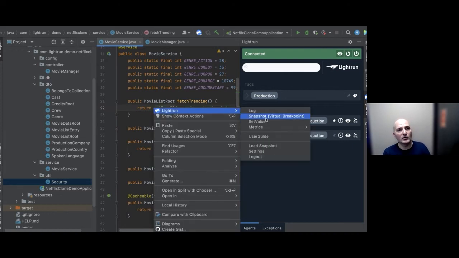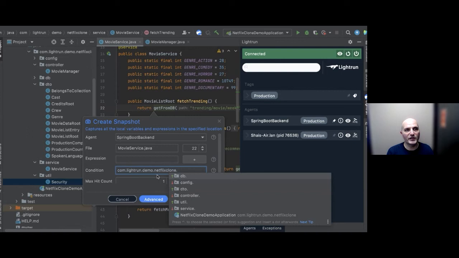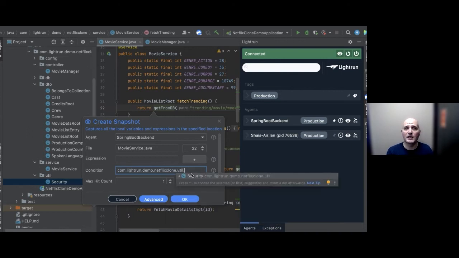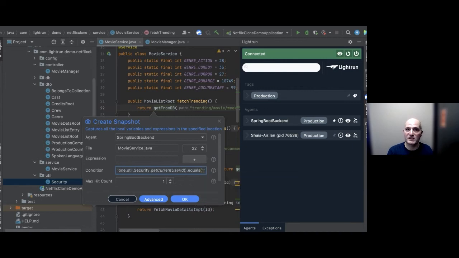I add a new snapshot, and in it I have an option to define quite a lot of things. I won't even discuss the advanced options of this dialog in this session. This is a really trivial condition. We already have a simple security utility class that I can use to query the current user ID. So I just make use of that and compare the response to the ID of the user that's experiencing a